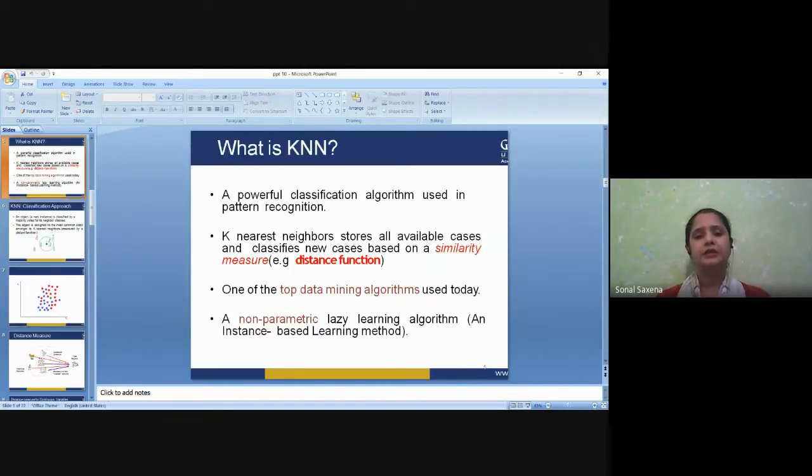K nearest neighbor is considered to be the most used algorithm for data mining. As I told you, for text classification and different types of text mining and pattern mining, we use K nearest neighbor, and it is one of the popular algorithms which proves to be a base for data mining. However, there are other efficient algorithms which exist right now, but KNN is considered to be the base comparison. It is considered to be the base mining algorithm, which can be applied to compare with other algorithms. Then the last point says that it is a non-parametric lazy learning algorithm.